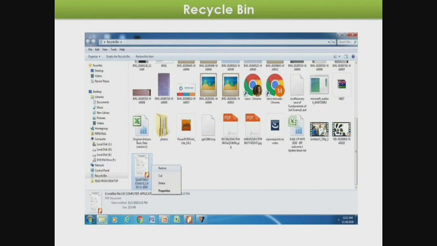Select the restore option. When you click the restore option, the file is moved from the recycle bin to its previous location. There are two options available in this recycle bin: one is empty the recycle bin, another one is restore this item. So instead of using the pop-up menu, you may also click this restore this item option.